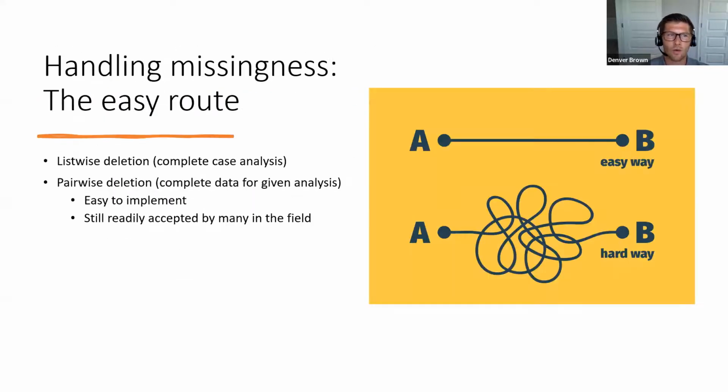Now, how can we handle missingness? I know we can take two different routes, and a lot of times it is very attractive to take the easy route and just go directly from A to B. Oftentimes, I would say the easy route would be doing things like listwise deletion or complete case analysis, or pairwise deletion, where you have complete data for the variables of interest that are going to go into your given analysis. Now, both of these techniques are easy to implement, and I'll say, sadly,